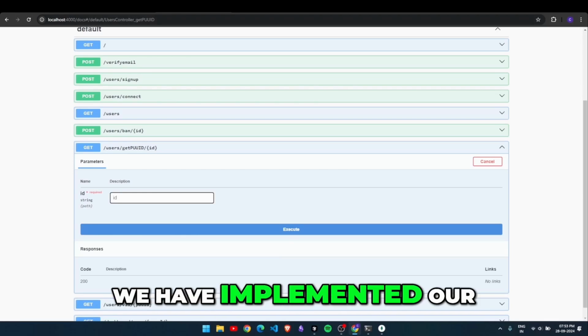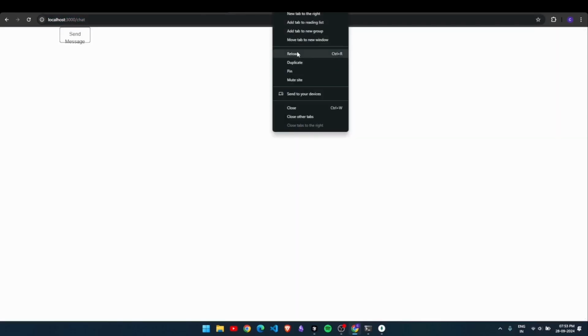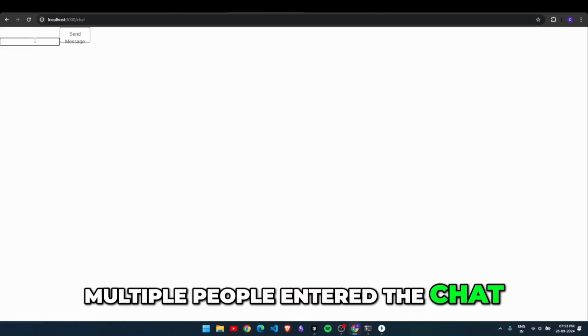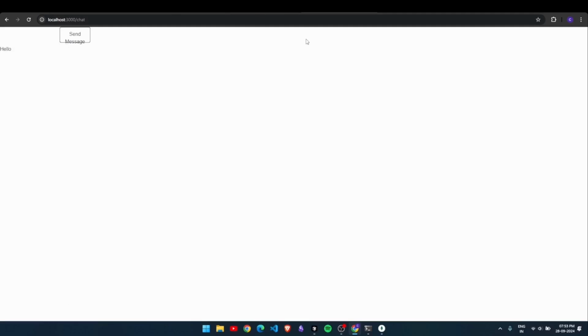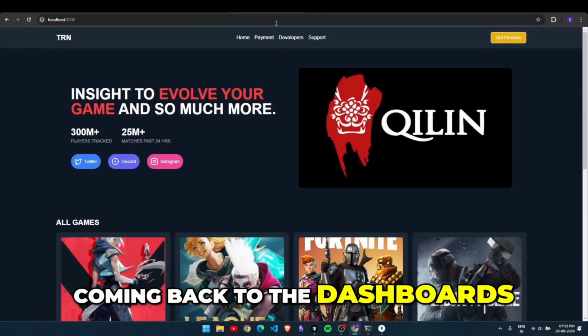Other than this, we have implemented our chat features. So multiple people enter the chat. They can chat with each other. Coming back to the dashboards, we have